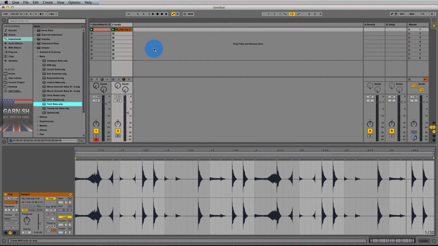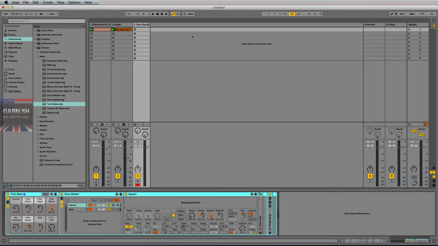All right. And notice how it says drop files and devices here. So I can just drop this device into this area and it will create a new track for me. And now, a little bit loud. I'm kind of clipping out my master bus here. I want to turn that down. Okay, sounds good to me. So what I'm going to do is just get a count-in going here,